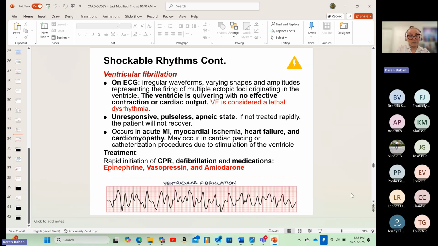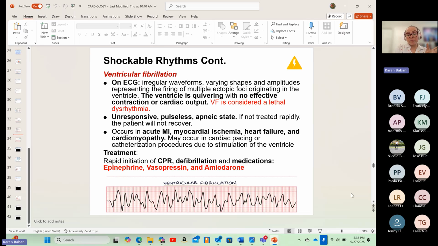And I also have a video. So you guys are going to see how one rhythm turns into another one. So this is clearly more disorganized. There's all sorts of different shapes. You can even